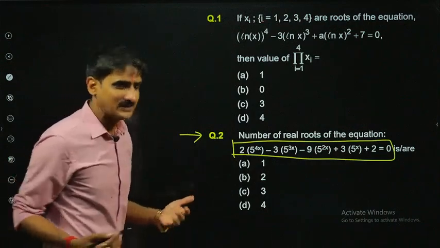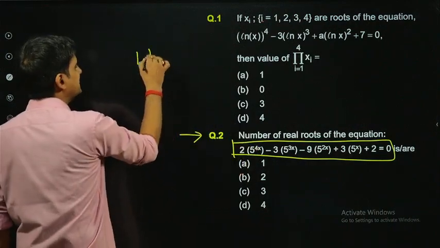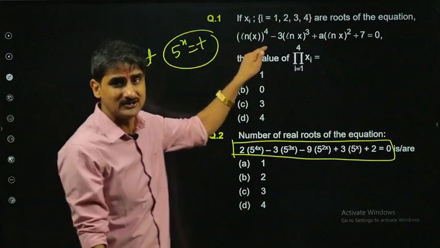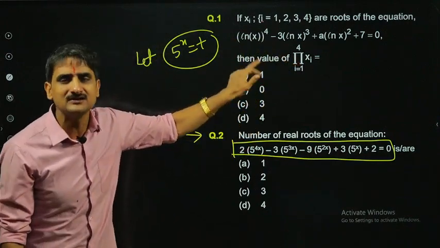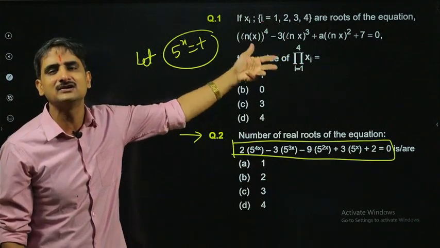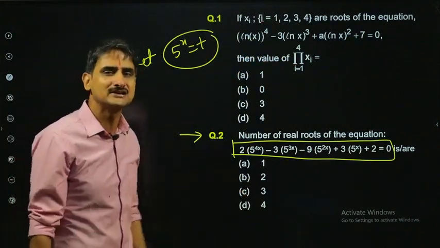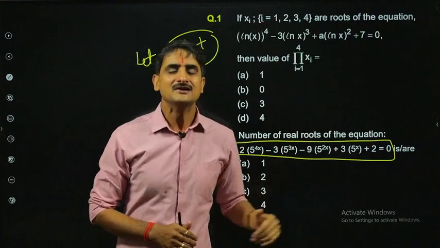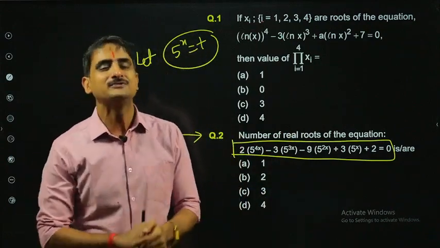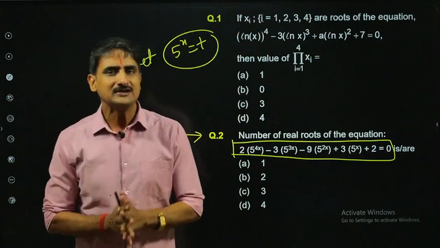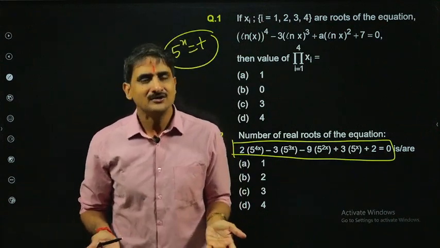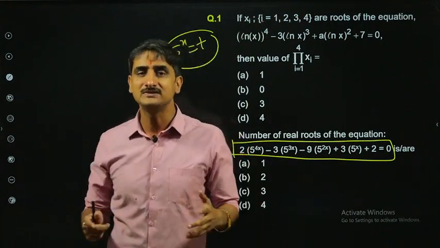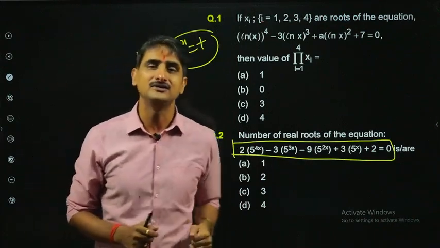Of course, the first step I think is clear to all of you, that we will replace 5 raised to the power x equal to t, like we did in the previous question. That was also a functional equation involving a log function, and then we converted it to a polynomial. The same is the case here, but there's a difference between the previous one and this one. See, when we replaced ln x equal to t, did I care to say anything about t? Answer is no. Why? Because the range of the log function is from minus infinity to infinity. So t can take any value from minus infinity to plus infinity.